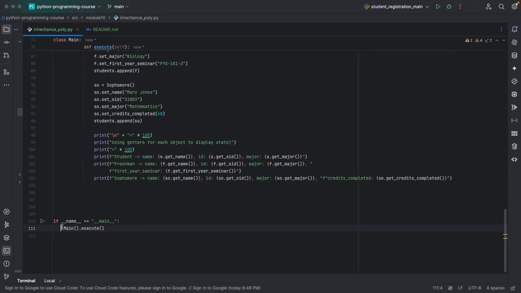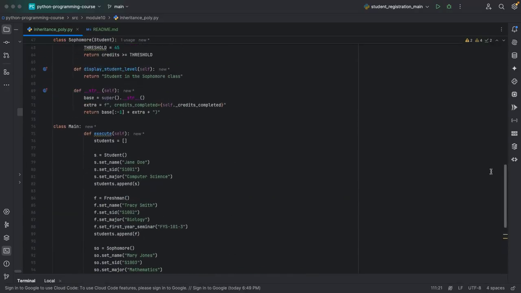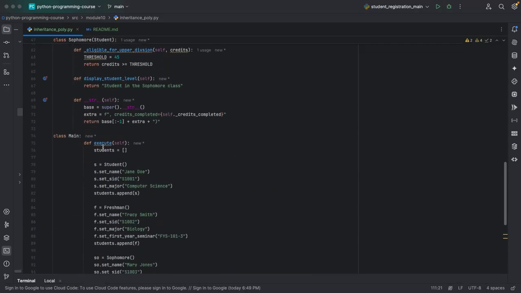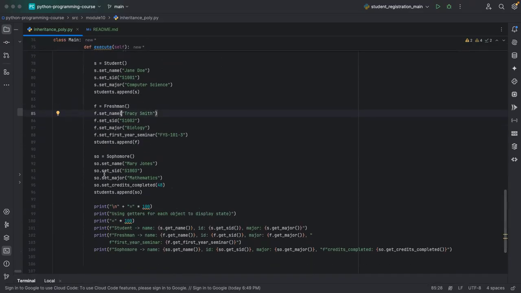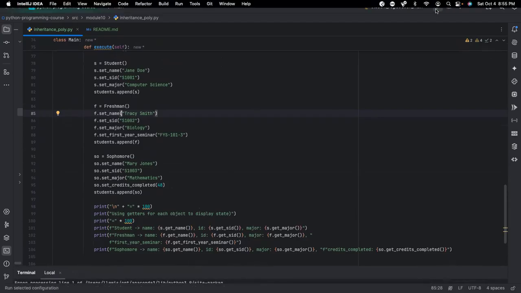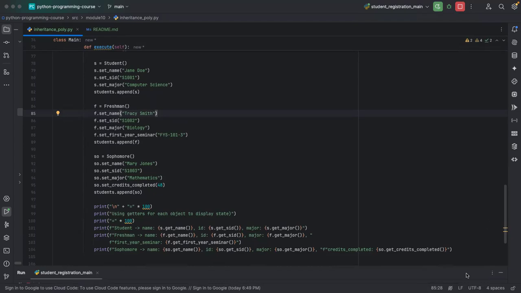So this is the way that we're able to run this module, if you will. I'm going to invoke the main class dot the name of the function, which I called execute. You can name it anything. So we'll execute this function here. Build out each, create our list, build out each object by using the setters, and then display each object state by using the getter methods. All right, so when I run this,